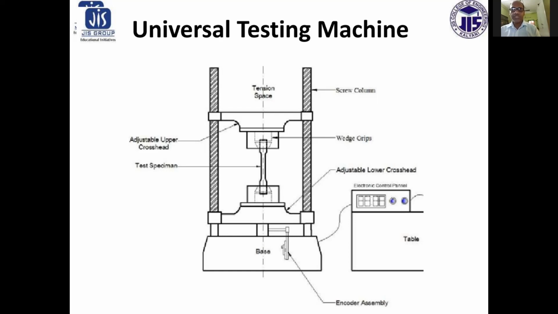In case of compression testing, this attachment of jaws is removed and is replaced with the compression pad. In case of bend testing also, these attachments are removed and the bend test equipment is attached. And if we do a creep test here, some special arrangement is required. A small furnace is required, inside which the test specimens are placed. So as a whole, it is a very important machine for testing of materials.